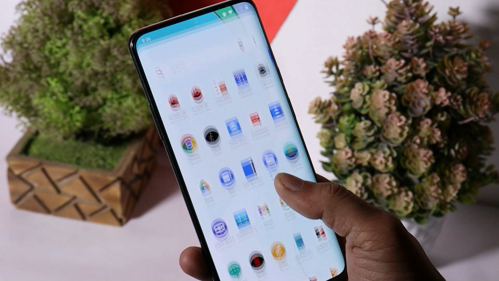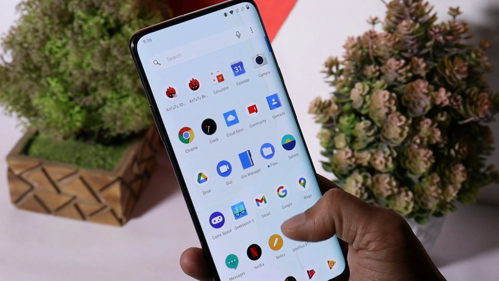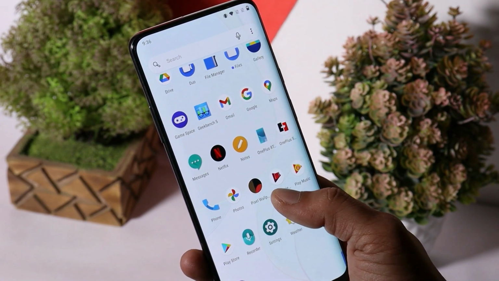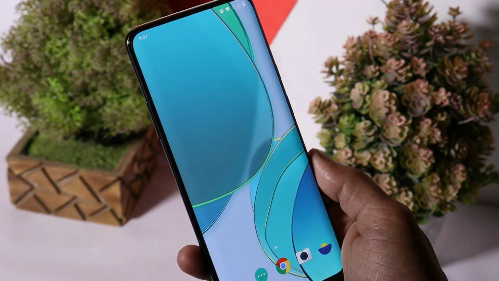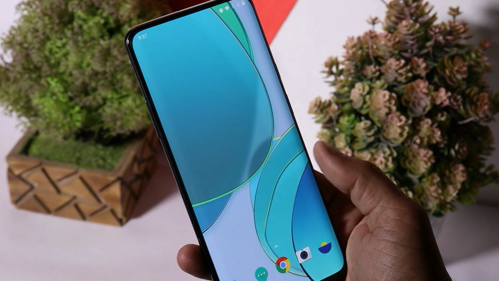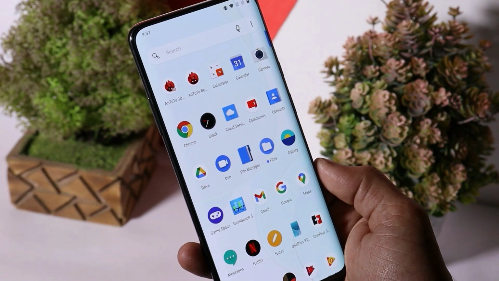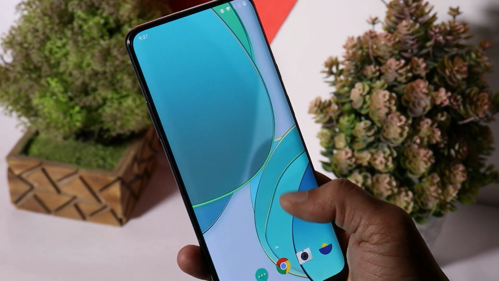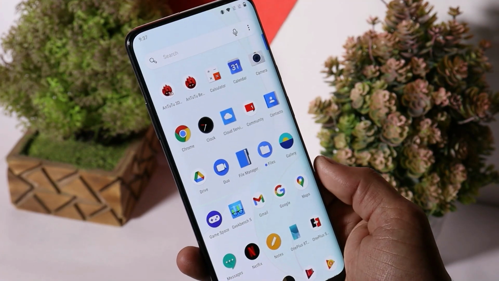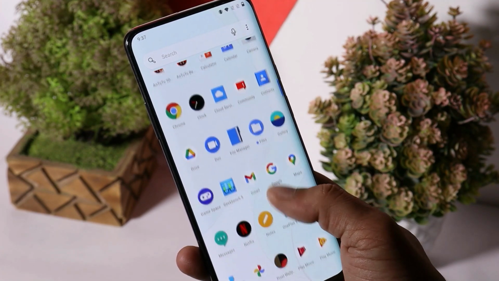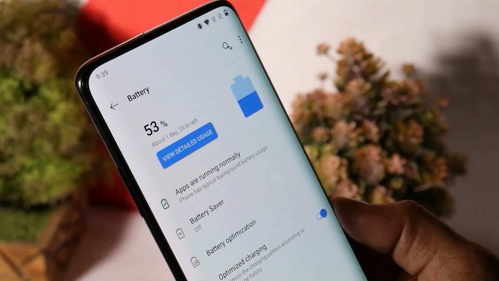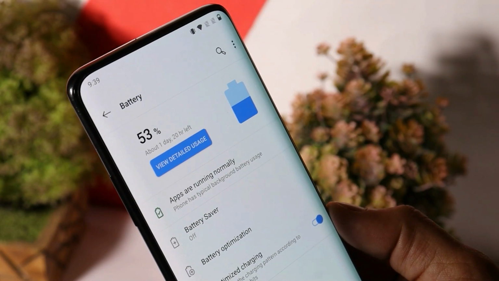Now talking about the downgrade process, all the download links are given in the description below, so make sure to download the exact file for your device. You'll find different regional files, so if you are an Indian user, then download the Indian file or global downgrade file. And also make sure to take the entire backup of your device, because downgrading from beta channel to stable channel will entirely wipe your data. Along with backup, make sure your device is charged more than 30%.